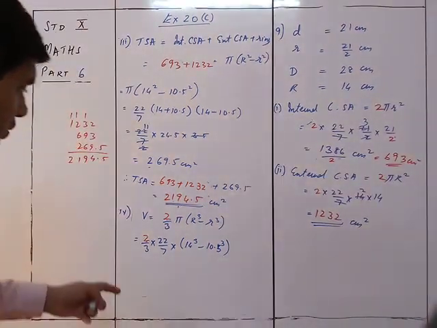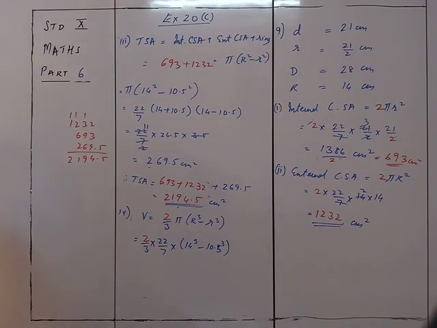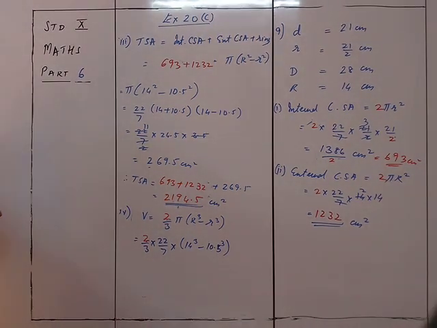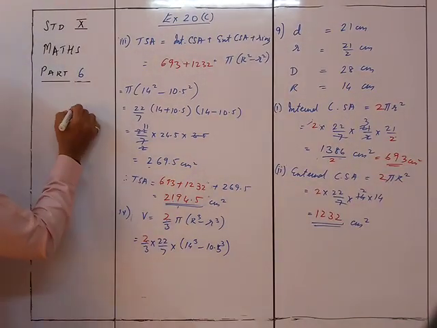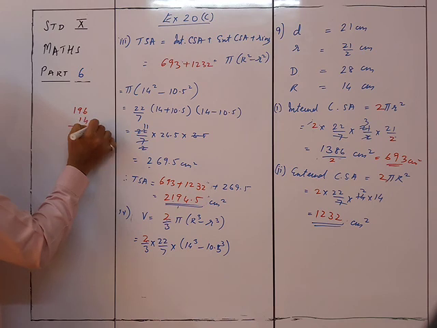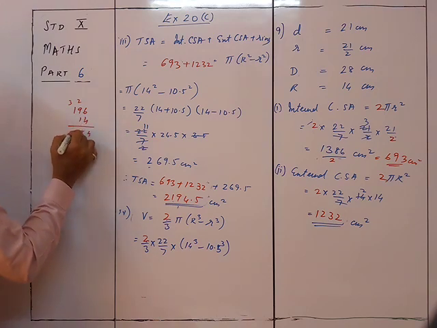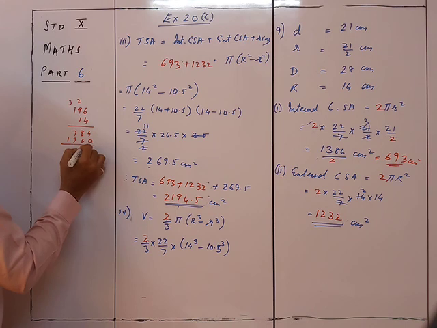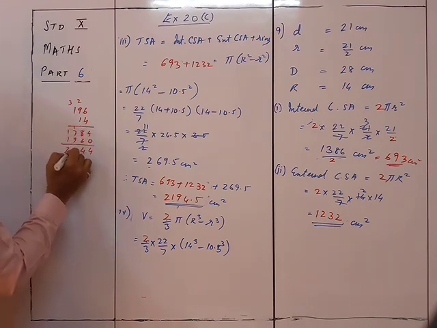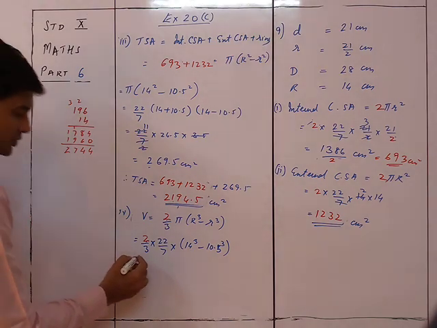Now let's see the volume over here. First of all, we'll find out the cubes. So 14 cube is 196 into 14. So 6 4s are 24, and 36, 37, 38, and 4, 4, 5, 6, 7, 0, 6, 9, 1. So 4, 4, 7, 2. So 2744.